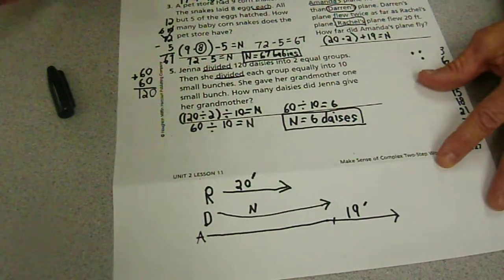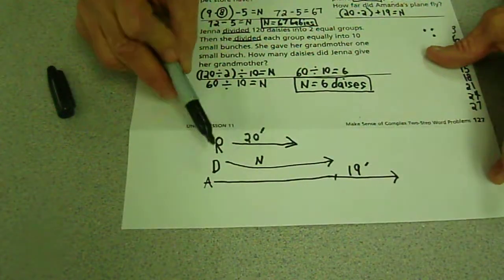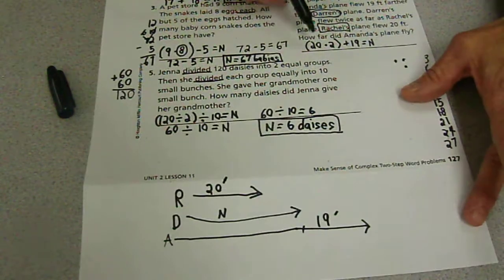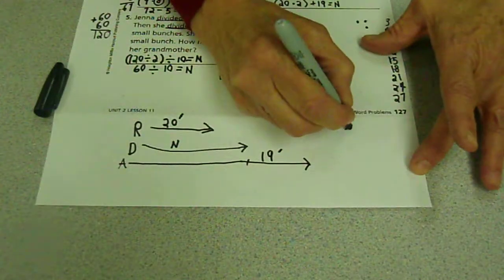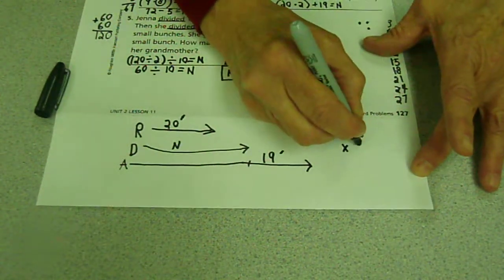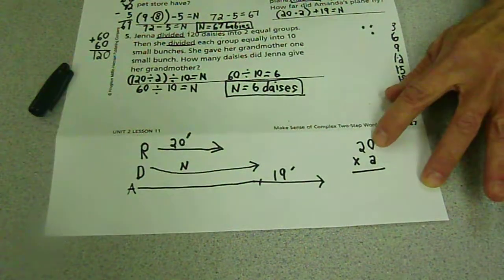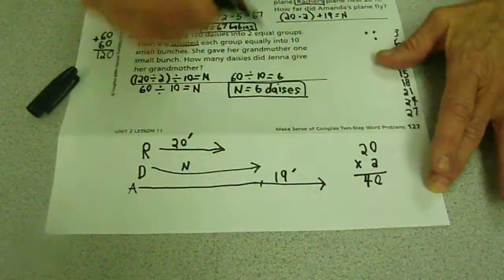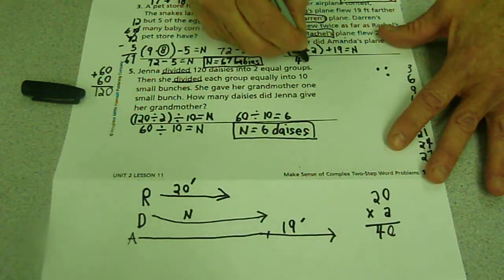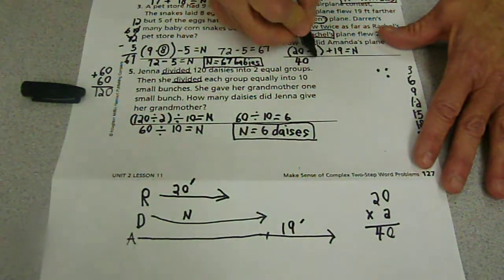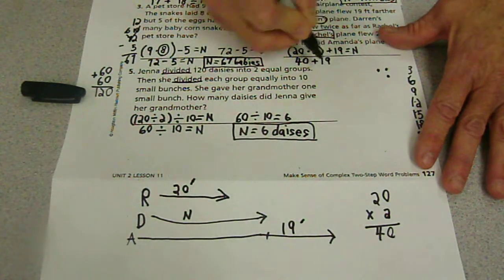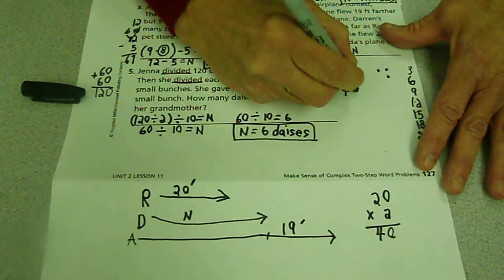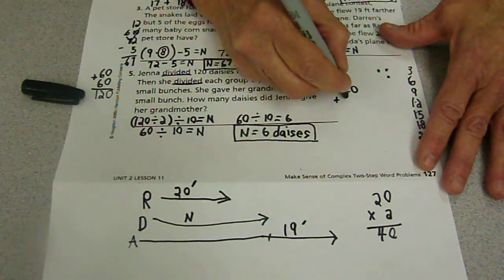This is a very complicated problem. A good idea is to make a drawing like this to help you visualize it. Okay, 20 times 2. We learned how to do that. 20 times 2. 2 times 0 is 0. 2 times 2 is 4. So that would be 40. When I evaluate my parentheses, then I'm going to add 19 to that, and that's going to give me my n. So I'm going to take 40 plus 19,